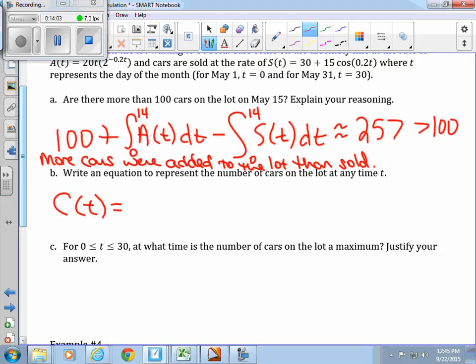Cars on the lot, you can use any function you want to, is 100 plus the integral